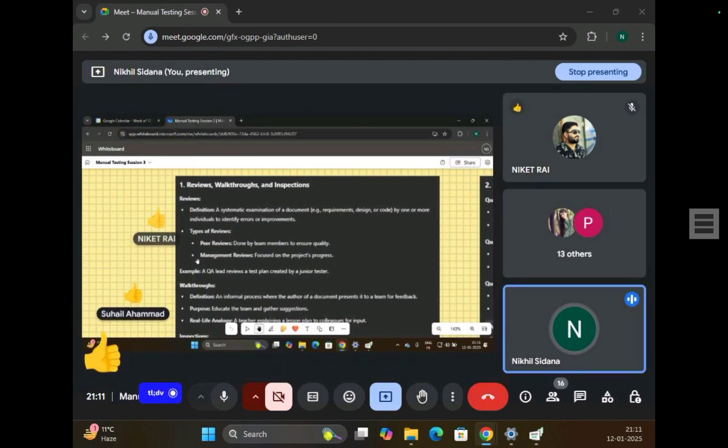One more thing guys. Reviews can be formal as well as informal. It is not mandatory to have an official review. You just wrote test cases and you can just exchange them to review. It's not mandatory that reviews should be official. These can be unofficial also. Give me a thumbs up guys if you understood this.